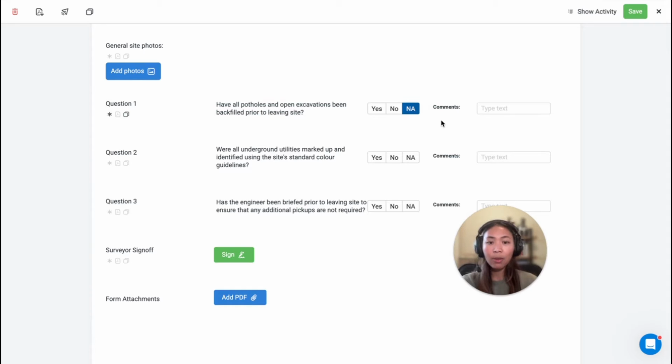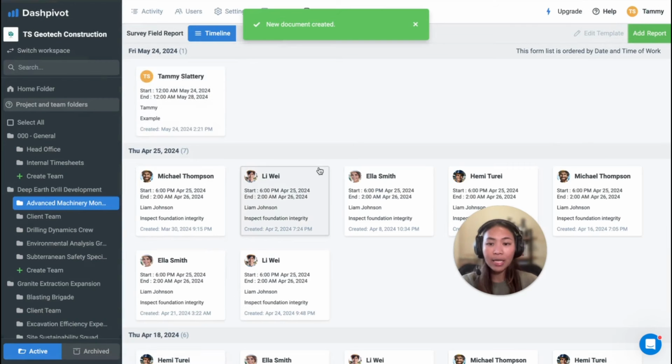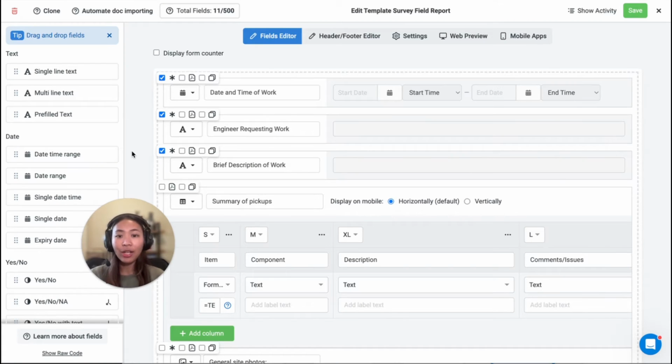You can also implement conditional logic for the yes, no, or not applicable fields, such that should they reply with the answer no, then specific information pops up. Once a form is completed and saved, it will be populated and displayed in a timeline view sorted by date like this. As mentioned earlier, to ensure that important information is captured, fields can be made required in the template